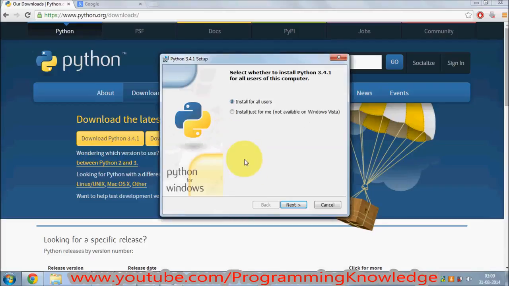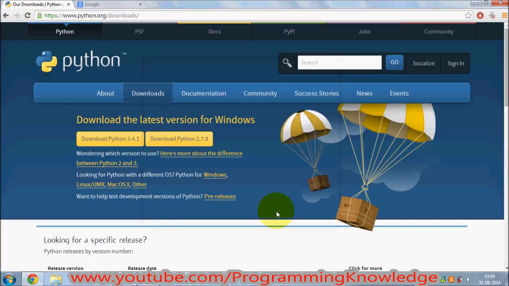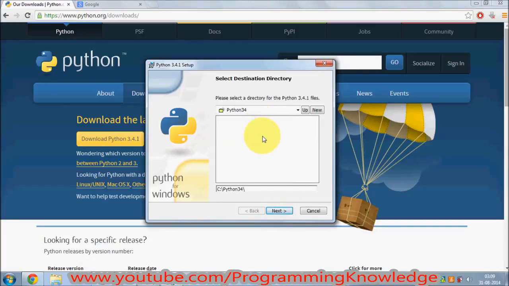and it's preparing to install. This is the first window, the Python setup wizard, that you will see. For now I just want to use install for all users, and I will click next. Here, this is the default location where Python will be installed, and this is the name of the folder because it's version 3.4. So the folder name will be Python 3.4. Okay, just click next,